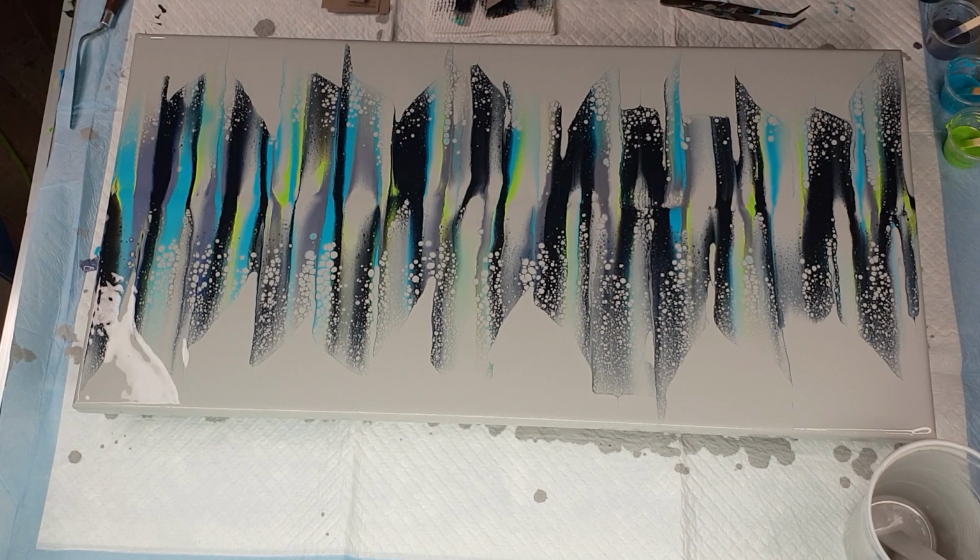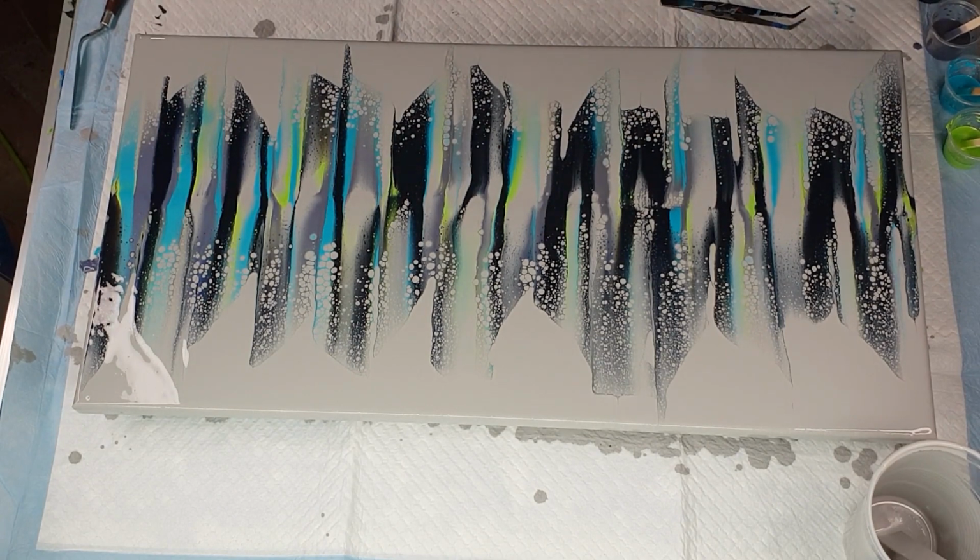So for now, I am just going to clear up all this paper towel and swipe cards so they're not in the way. I'm going to get my blowtorch, which this is an optional extra. You don't have to do this part. And I'm just going to give it a little torch. Turn off. Yep. That was just to get rid of some of the bubbles, because I could see some bubbles,